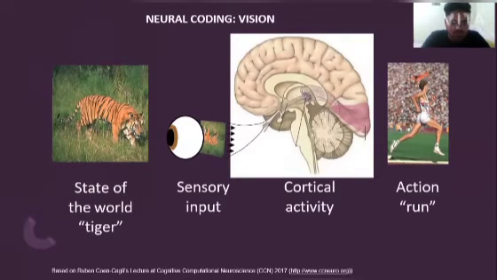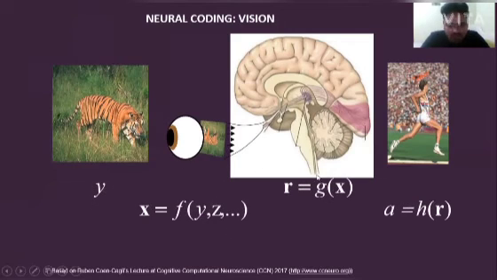So here there is some state of the world, there is some sensory input, there is some cortical activity which takes place inside her brain, and there is some associated action which takes place with this activity. Nilanjana explained the internal state, the internal activity which takes place inside our brain during this activity. I'll model all this activity with the help of mathematical tools. So these are the mathematical tools. There are some variables and a function.